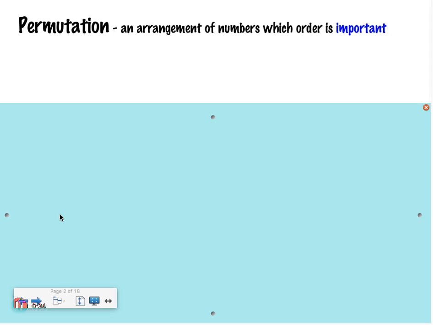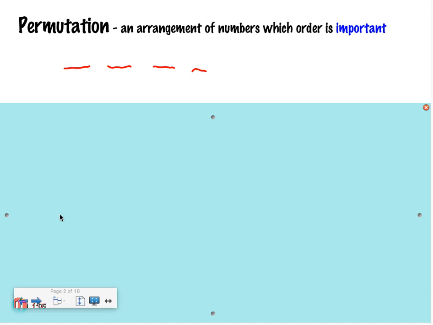On Friday, when you were doing some of your homework, some of your problems were permutations and you didn't know you were doing it. I think one of the questions was, you have a 4-digit lock, the numbers can't be repeated, and it was 0 through 9. So how many total options were there? 0, 1, 2, 3, 4, 5, 6, 7, 8, 9, 10 options, right? But if they can't be repeated,